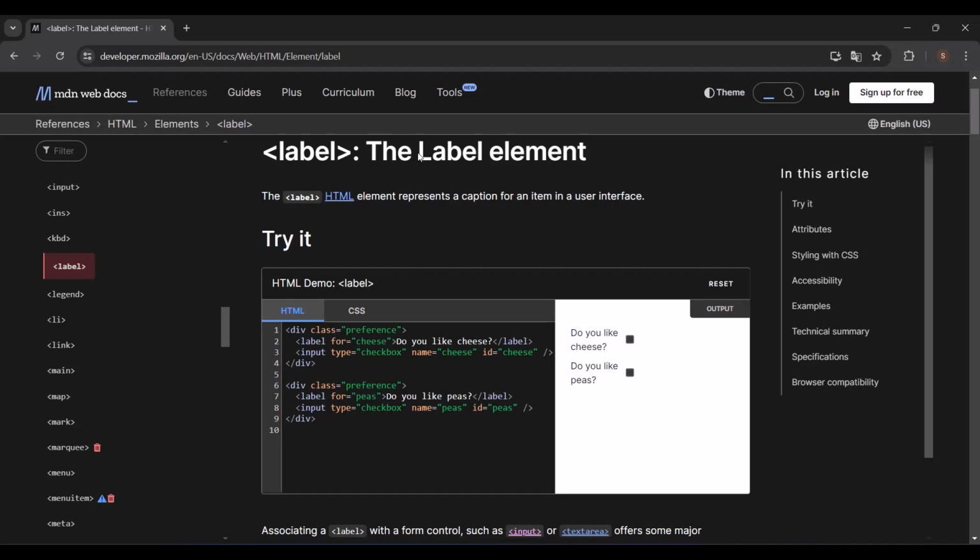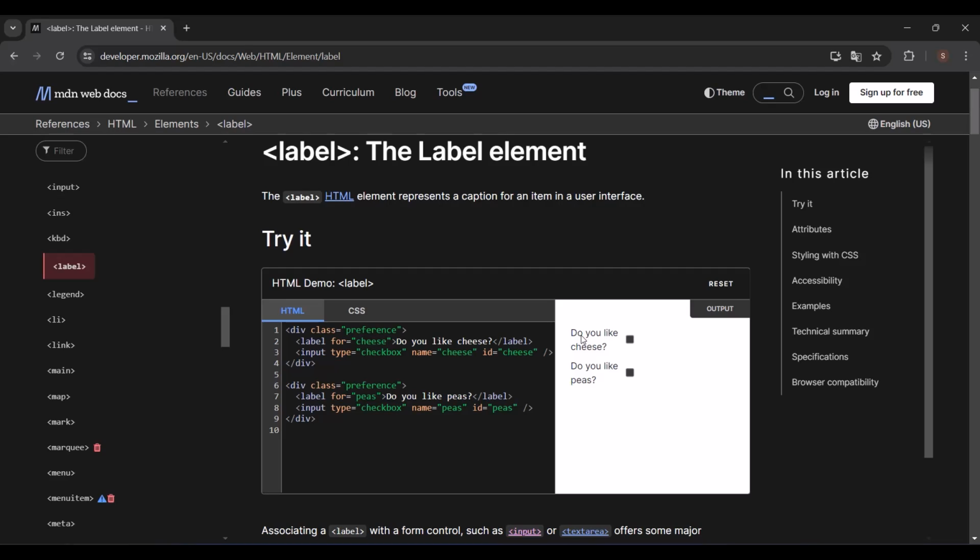Welcome back. Now it's time to start a discussion about labels. So what are labels? Labels are elements in HTML used for displaying text which are associated with another element. In our case, we have the "Do you like cheese" text associated with this checkbox. This is not only helping people who use screen readers, because they will know that this text belongs to this checkbox, but they are also programmatically associated, linked.